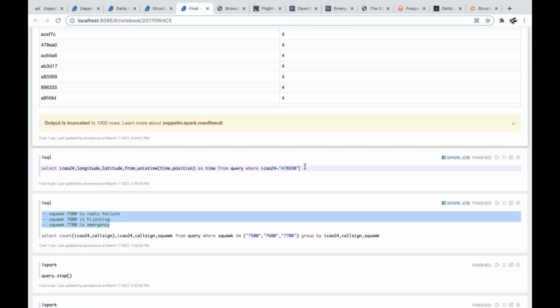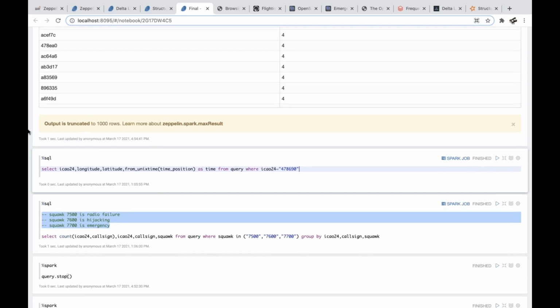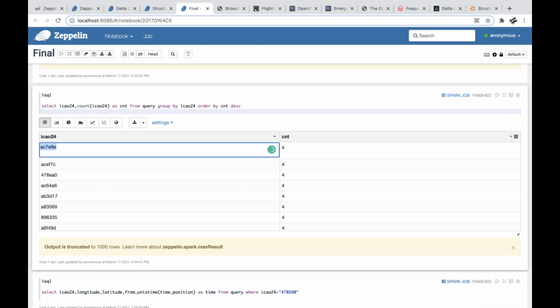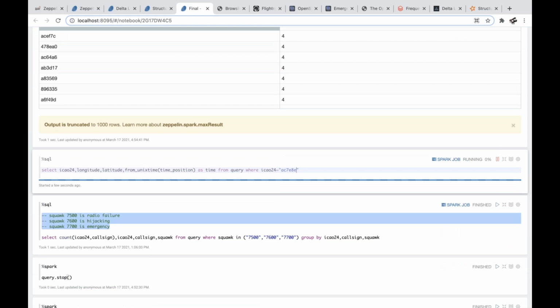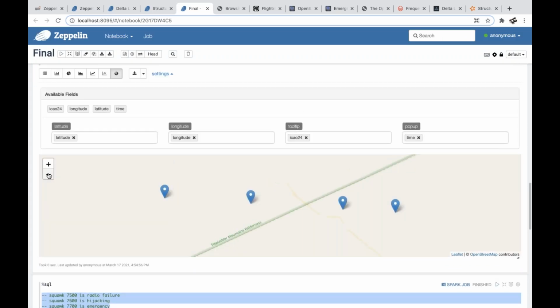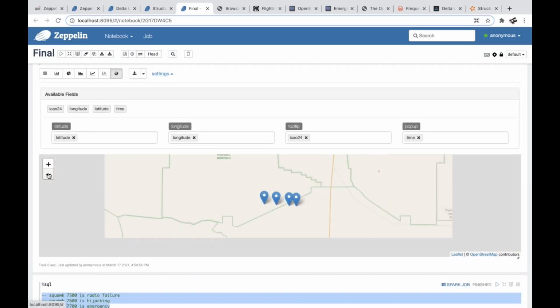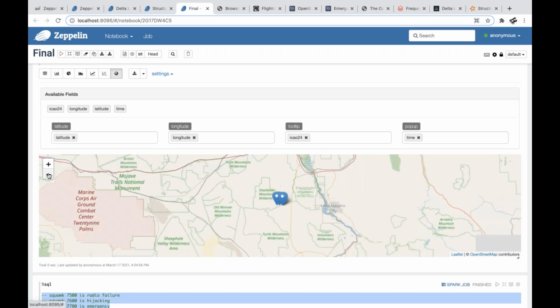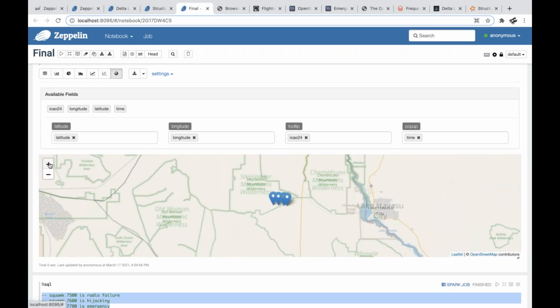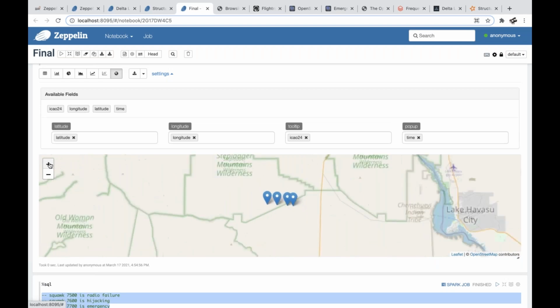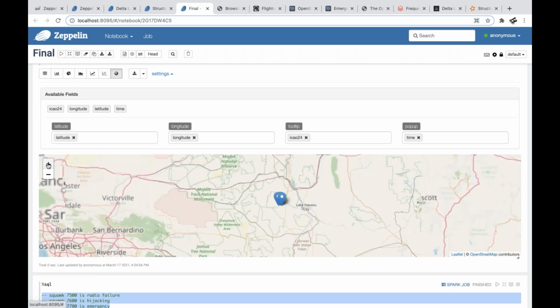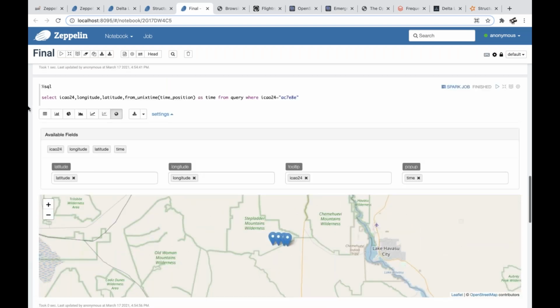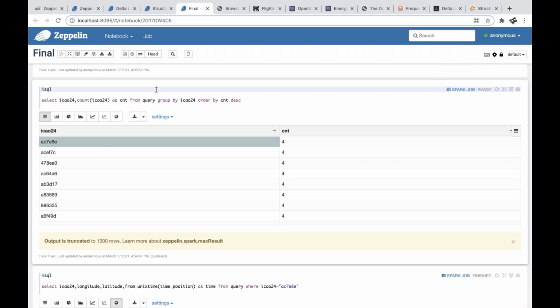Okay, so I would like to see where this airplane is. Let's copy and paste it. Okay, and as you can see, I'm able to create some cool maps. And we know that this is probably in the United States. We got 4 messages from this airplane, and it is probably, yes, close to Las Vegas, Lake Havasu. Interesting. Let's see if we are getting more messages for any of them.